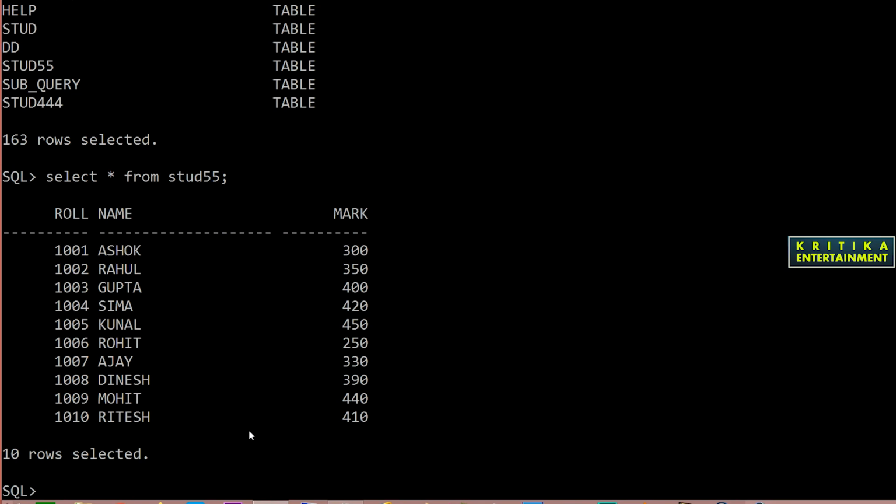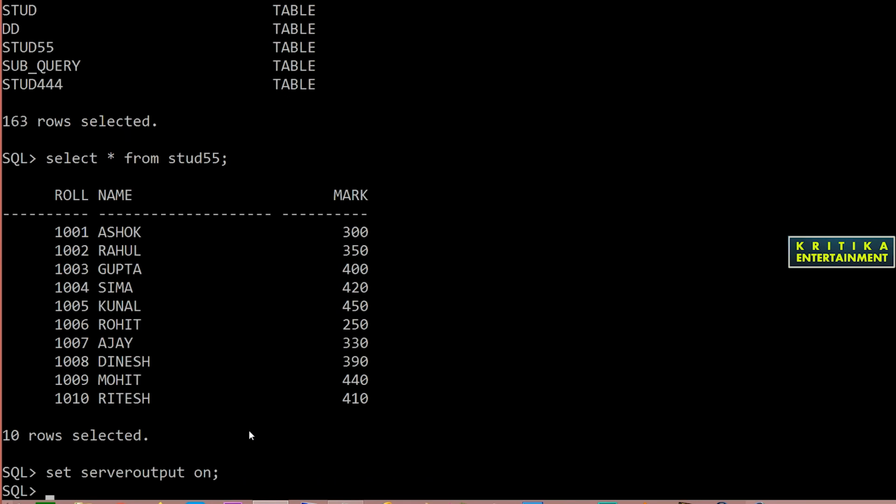So here I will use the no data found exception. As I told you before, to start any PLSQL program, use set serveroutput on. If you do not write this, your PLSQL program does not produce output. So I type this, and my server output is on to run the PLSQL program.